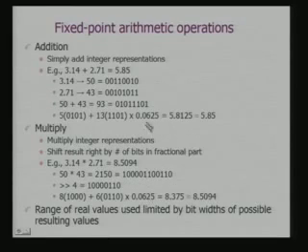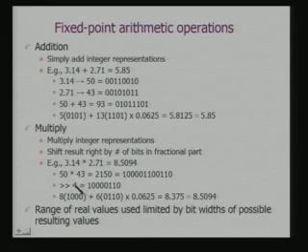But what is the advantage? The advantage is that now I can do operations like addition by simply adding integer representations. So this integer representation shows you that when the result is 5.85, I get 5.8125, because here these bits are integer, and the remaining are the fractional bits. Even multiplication can be done through integer operations. So you shift the result right by the number of bits in the fractional part. Effectively we get these results, because that much shifting has to be done.